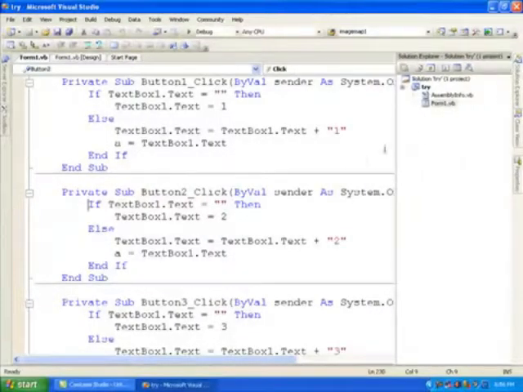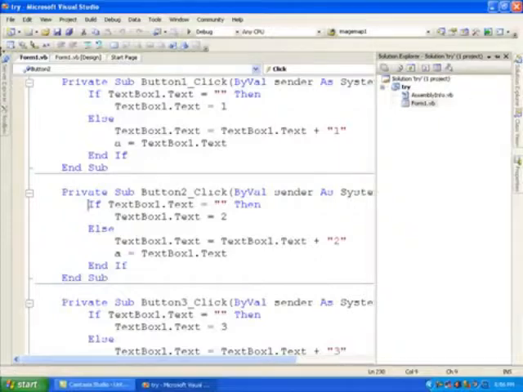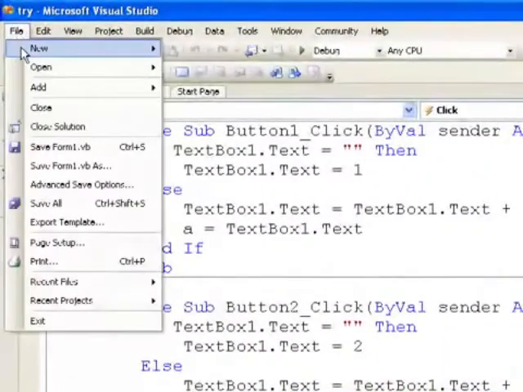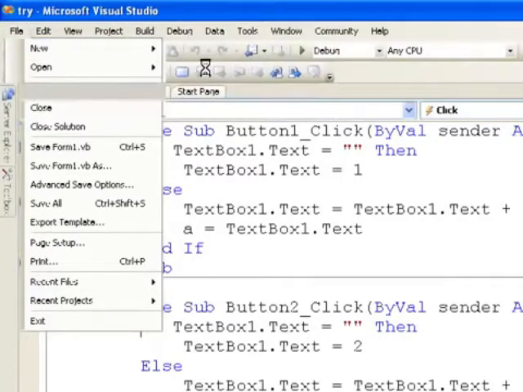Again, this project is not an ASP.NET but a VB.NET application. So we are starting File, New, Website.